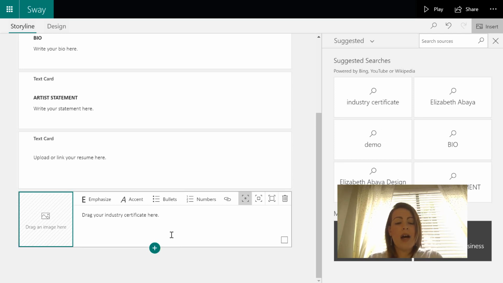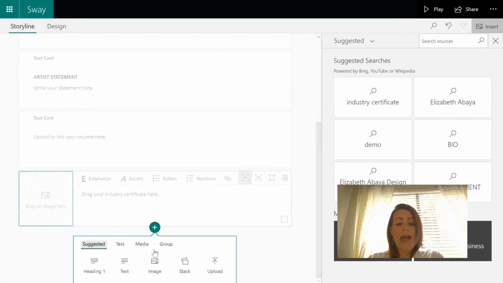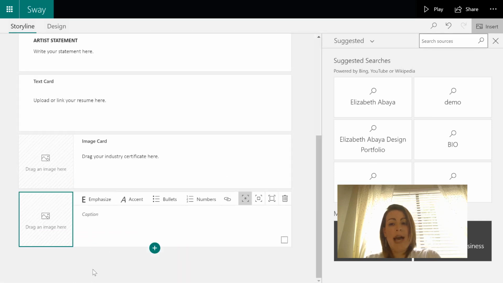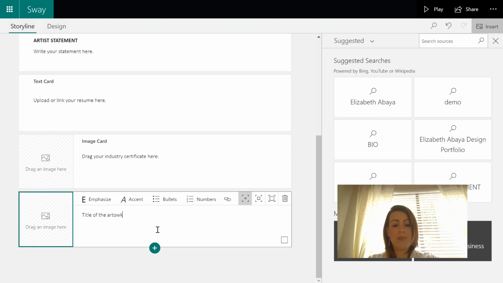So every time I wanna add content, I go to the plus sign and I select what I wanna add to this. I'm gonna go to image, and now I'm ready to start adding some of the images that I want to include in my portfolio. There's a few posters, there's a few images that I made for the web, etc. The first thing I wanna do is include the caption space for what's going to be next to each image. So the first thing would be the title of the artwork, followed by the month and year it was created,